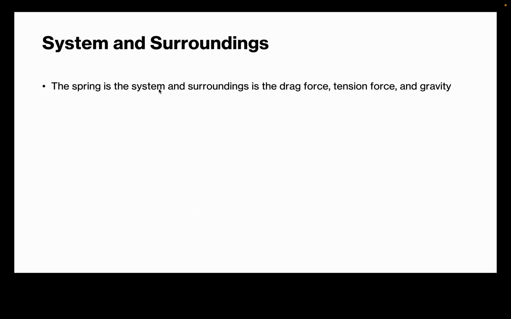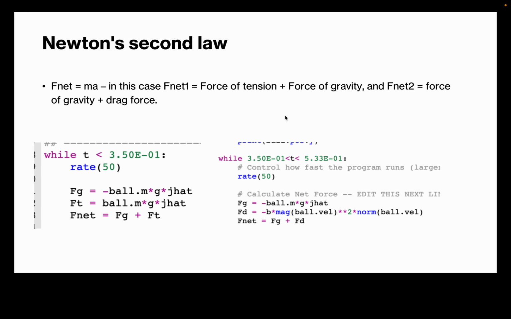So systems and surroundings. The spring is the system, and the surroundings are the drag force, tension force, and gravity, because they act as forces on the spring. And so Newton's second law states that F net equals ma, but in this case, the